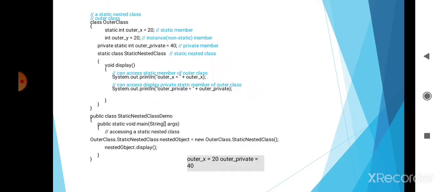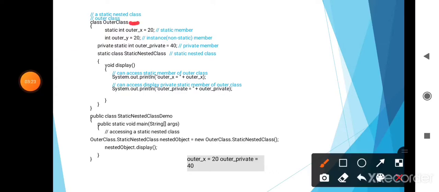Then an example for the static nested class. First, here is the outer class. Then declare a static member variable, static int outer_x equal to 20. Then one non-static member, int outer_y equal to 20.